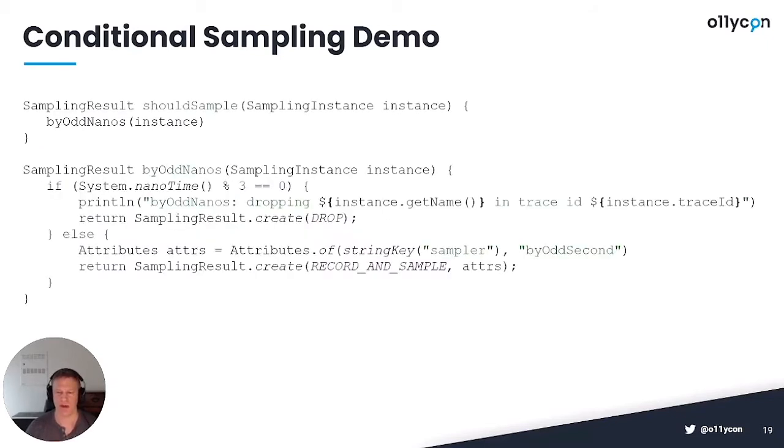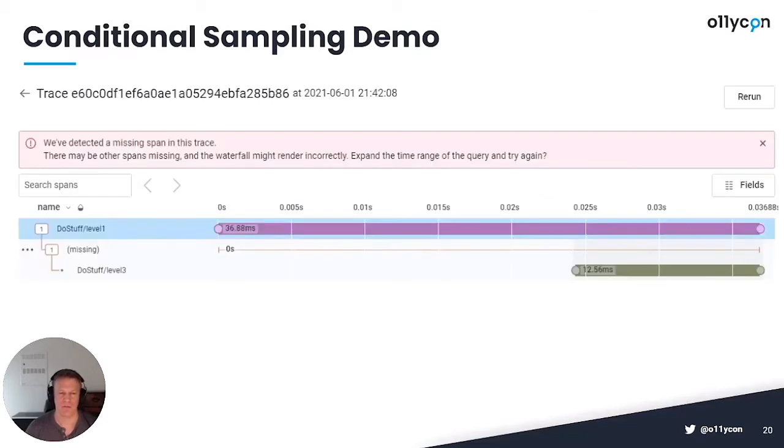So you end up with code that will drop it by random nanos, so it'll drop 1 out of every 3. Then you end up with a system which has a missing span in the middle. So that in practice means that if you're going to drop a span, then you have to drop everything